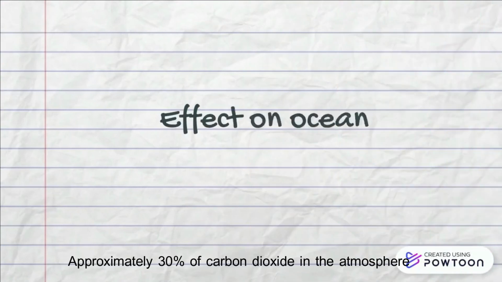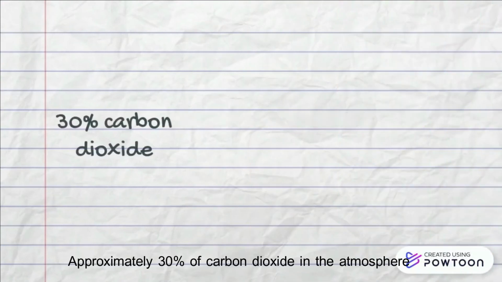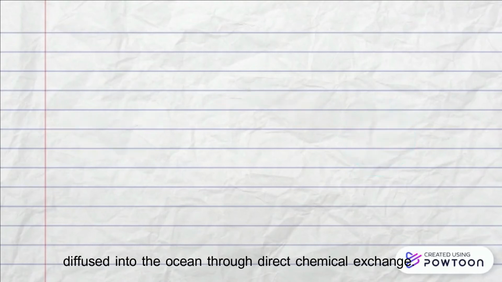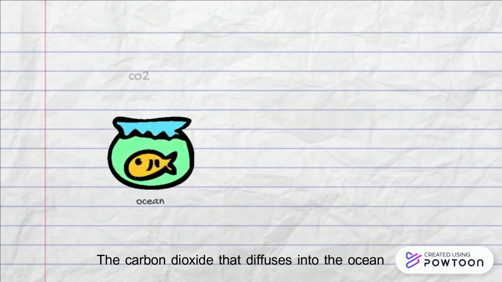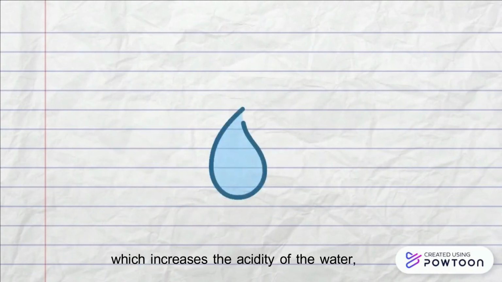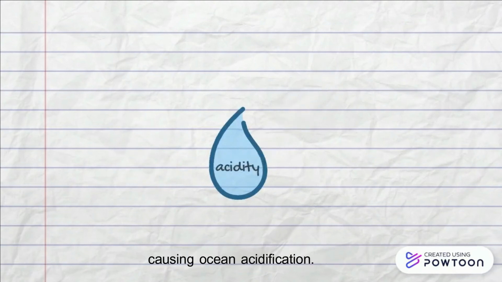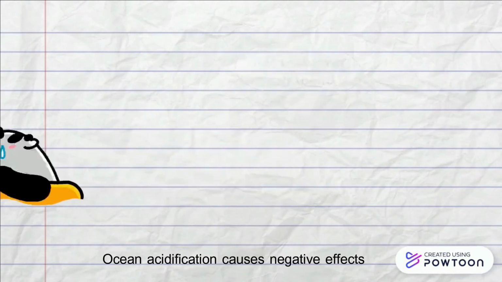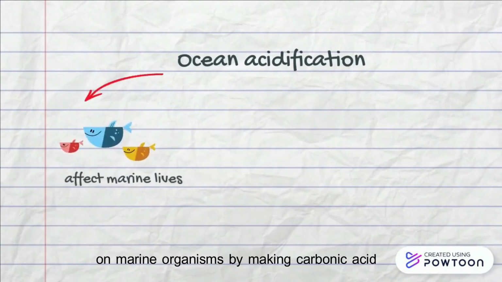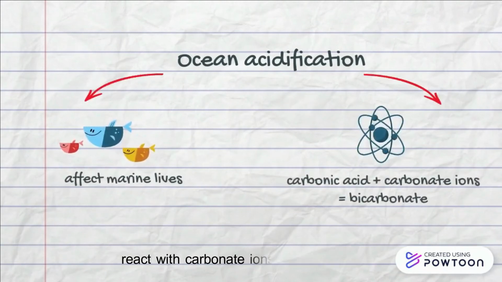Now I will continue with the effects of changes in the carbon cycle in the ocean. Approximately 30% of carbon dioxide in the atmosphere diffuses into the ocean through direct chemical exchange. The carbon dioxide that diffuses into the ocean creates carbonic acid, which increases the acidity of the water, causing ocean acidification. Ocean acidification has a negative effect on marine organisms, as carbonic acid reacts with carbonate ions in the water